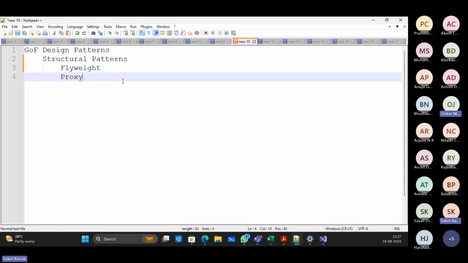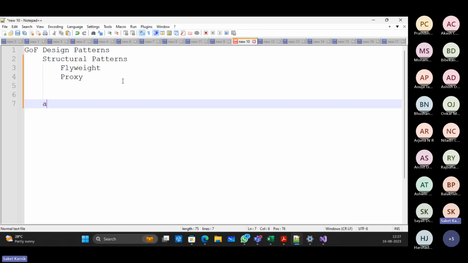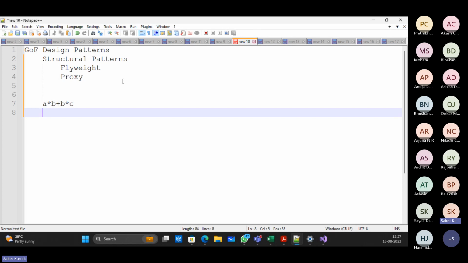Can I write b as common like this? Yeah. So the original equation is a multiplied by b plus b multiplied by c. Can this be rewritten as b within parenthesis, I say